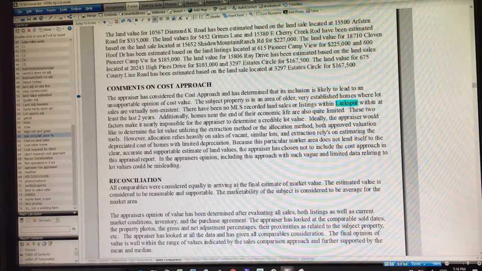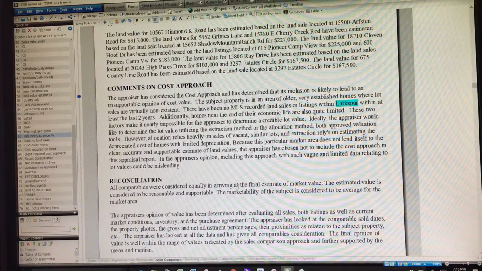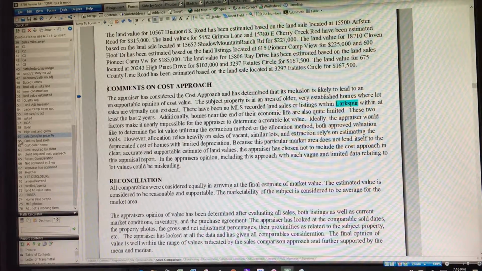Cost approach section can generally be left alone for the most part. I've created a couple of quick lists, three it looks like. The first one, quick list number 61, is the one that's usually in here. Now the cost approach is also on the